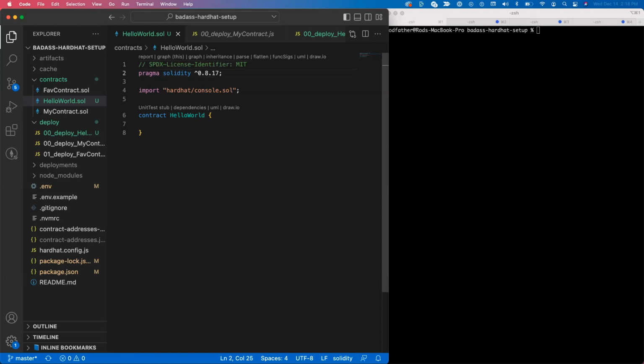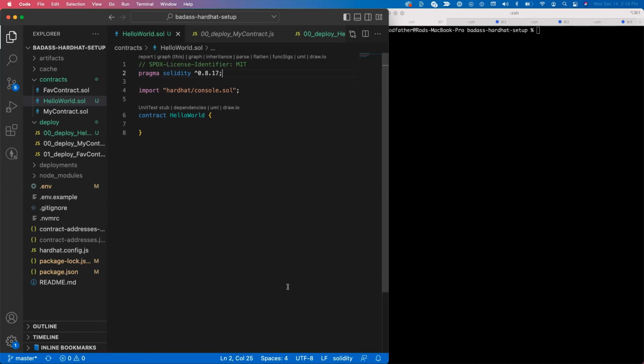The next thing we're going to do is to specify the compiler version. I'll set it to 0.8.17, and we do that by saying pragma solidity, and then the version number, along with a semicolon. Now, if you want to target a compiler version that is greater than or equal to 0.8.17, you do that by placing the caret before it, and that tells the Solidity compiler that this contract is meant for a compiler greater than or equal to